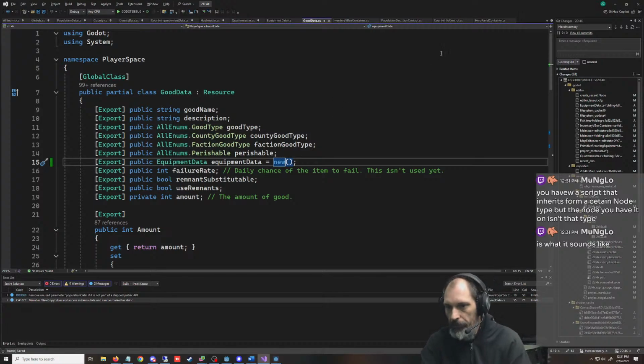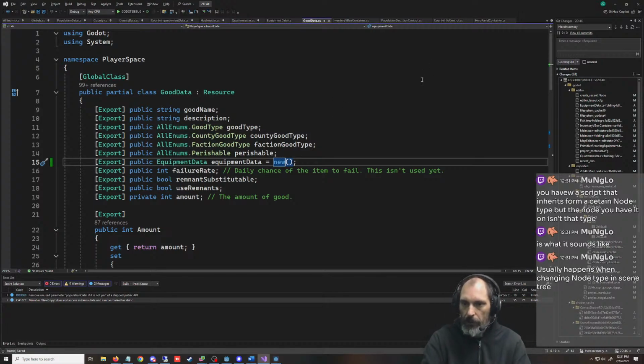Okay. You have a script that inherits from a certain node type, but the node you have it on isn't that type. Usually that happens when... no, because if you do that, it breaks it.